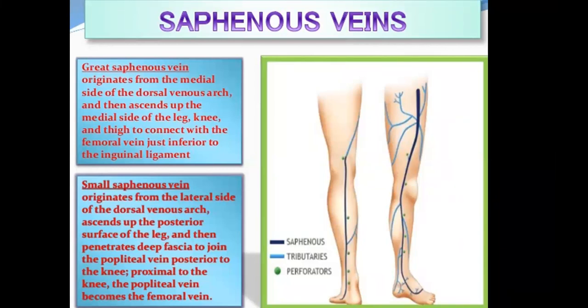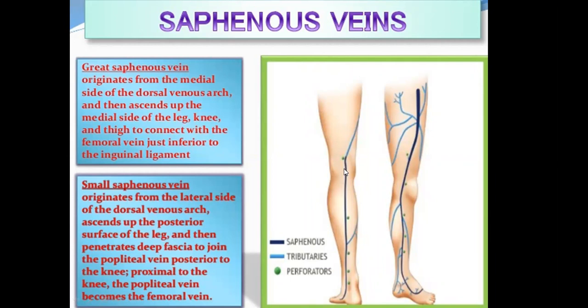So it started over the lateral aspect of the dorsal venous network, courses behind the lateral malleolus along with the sural nerve, ascends posteriorly in the leg, then approaching the upper aspect of the posterior leg, by piercing the deep fascia at the popliteal area, it enters the popliteal fossa, and here it becomes the